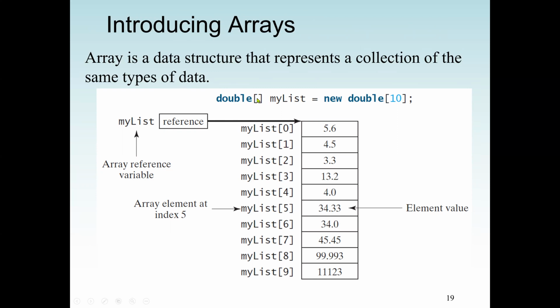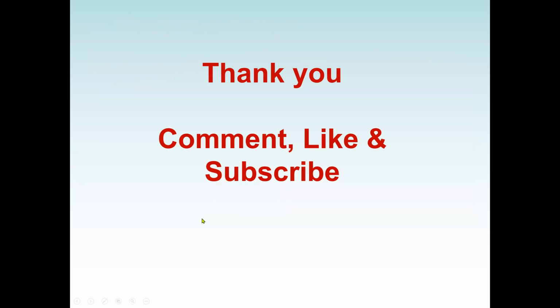So here I can create an array, named myList, and the type is double, and the size is 10, which means all the values here will be of data type double and there are 10 items. And the index is from 0 to 9. So this will be the conclusion of this lecture. Again, we already went through what an array is. We talked about how to declare an array using the loops. We can print an item from an array. Using the loops also, we can go through the items in an array. We did that in earlier lectures already. This lecture is only about how we can sort and also search an item in an array using the Java built-in